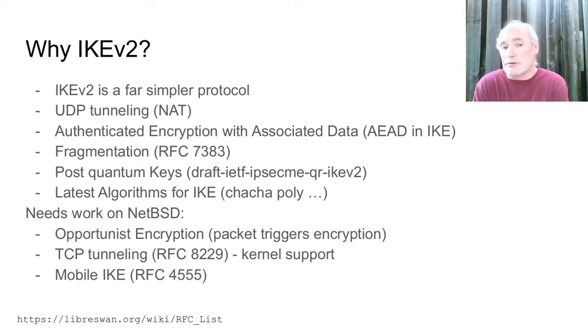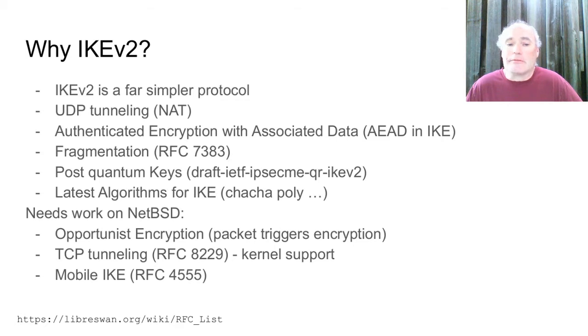It's had extensions and it's addressed limitations of IKE v1. UDP tunneling actually works. They've extended it to TCP. It supports AEAD, authenticated encryption, the AES GCM algorithms where the encryption and the authentication occur in a single pass, more efficient algorithms. Modern CPUs use those, and it can use those for IKE. It does fragmentation right. Again, IKE v1, yeah, maybe not. And it's been extended with things like post-quantum keys, and as new algorithms turn up, they're quickly integrated into the